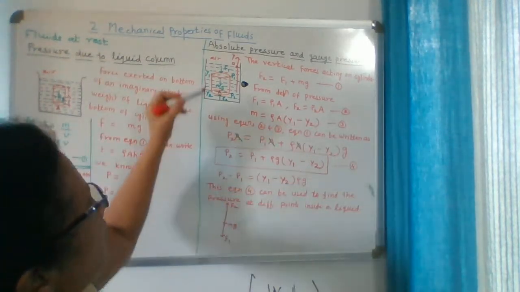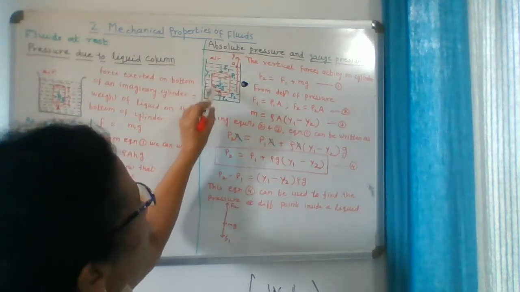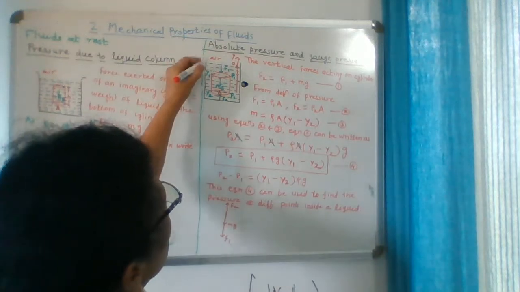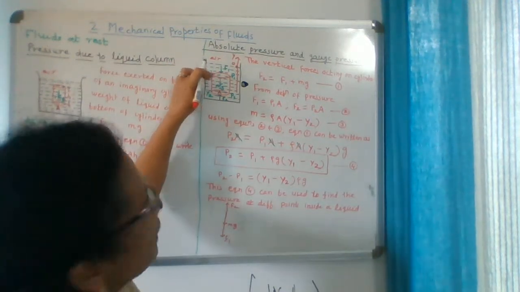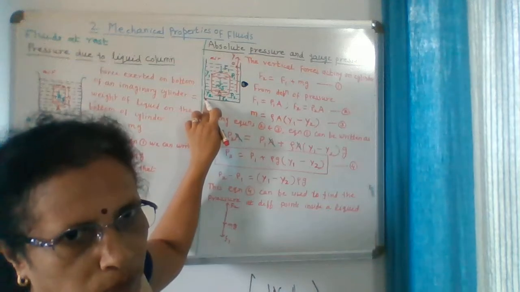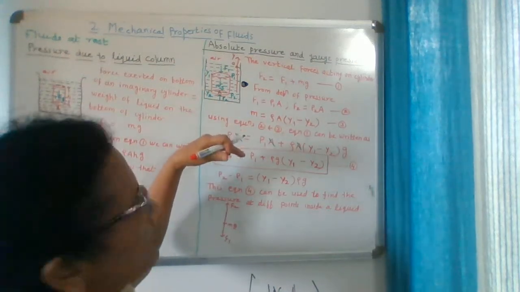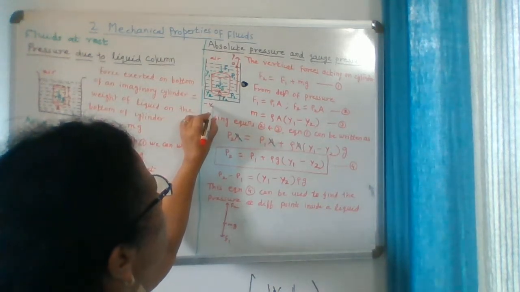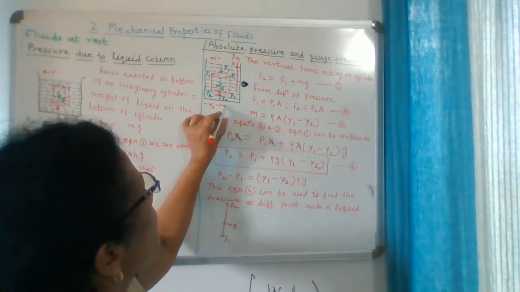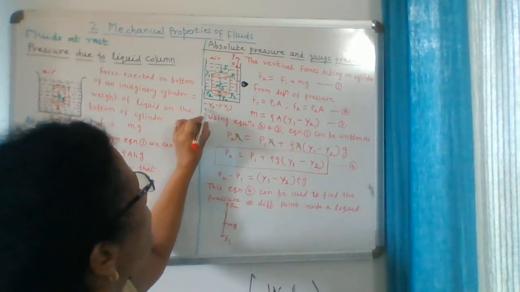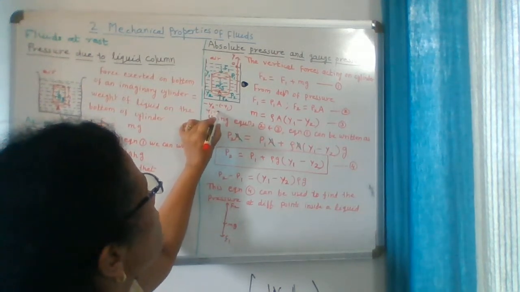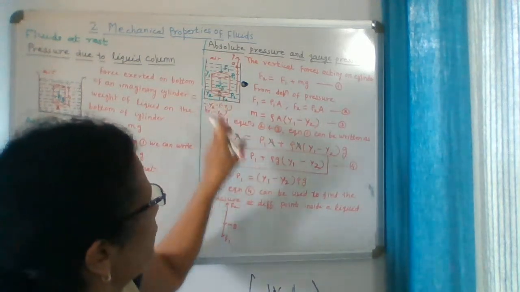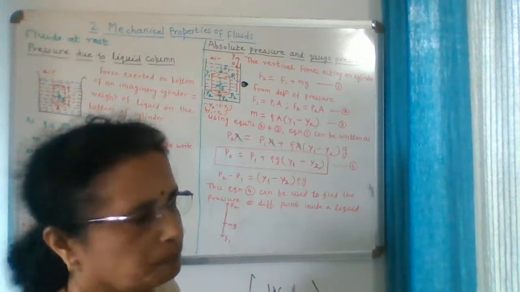Now this distance, we have to measure this much height. So if this is the origin O here, this distance will be minus y1 and this distance will be minus y2, because we are going below the y-axis origin. So the difference will equal minus y2 minus of minus y1. So it will be y1 minus y2. So this change in the levels will equal y1 minus y2.